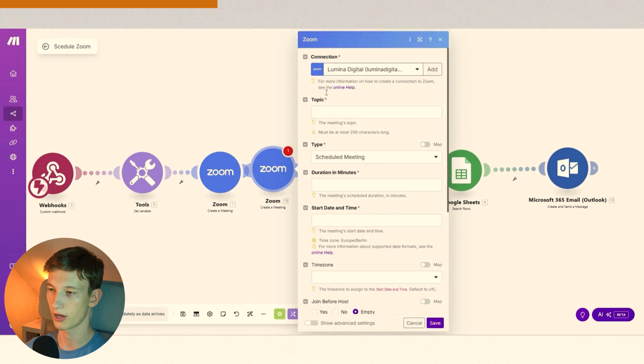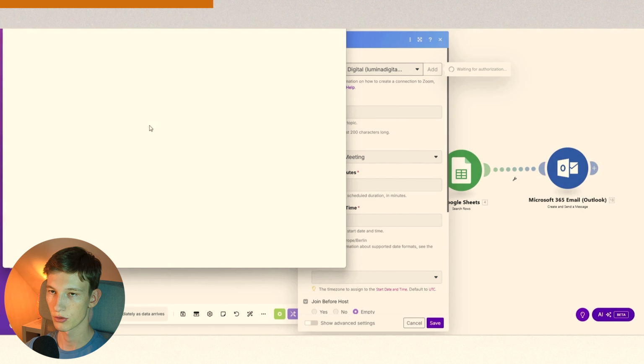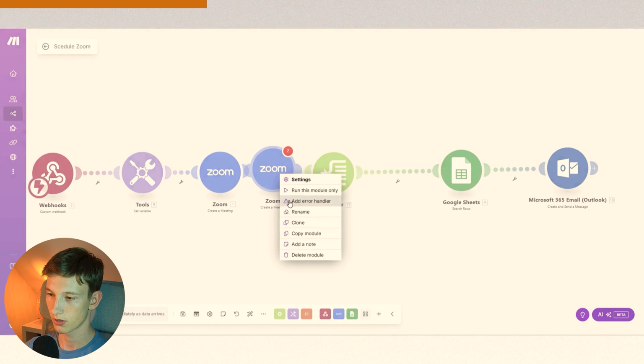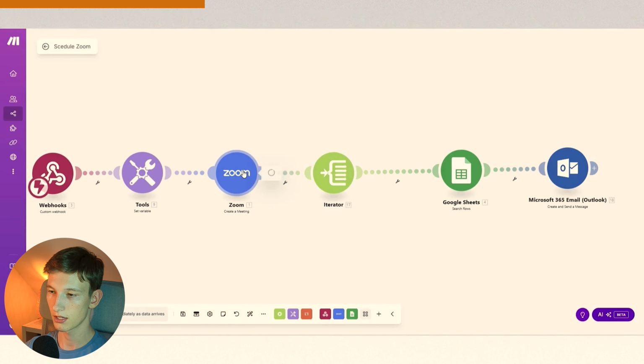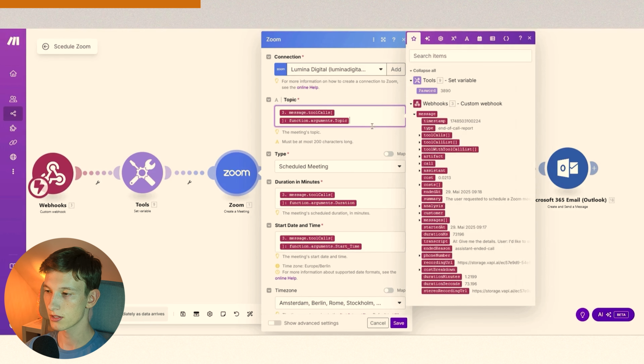So if you haven't got a connection here, you click on add connection and then you log in with your Zoom account, basically. It'll ask you to log in. And once that connection is made, delete this again. Now you can see in here, we have different fields. And this is quite cool because